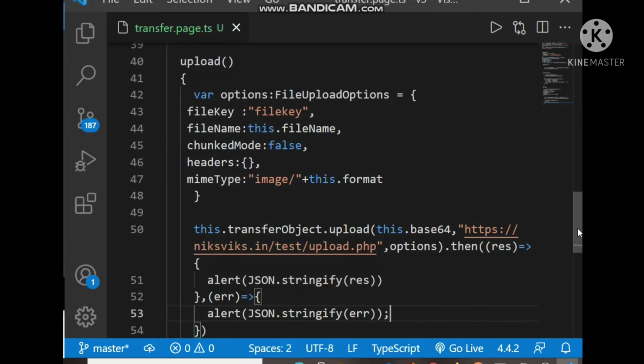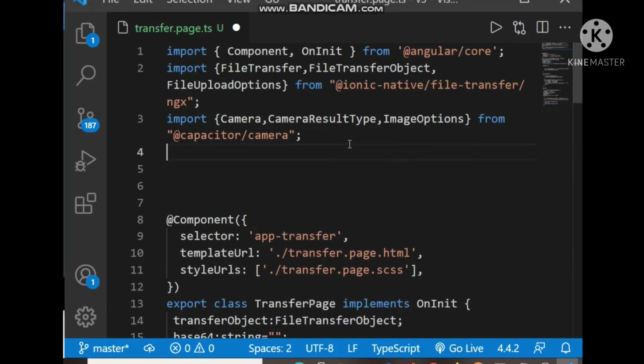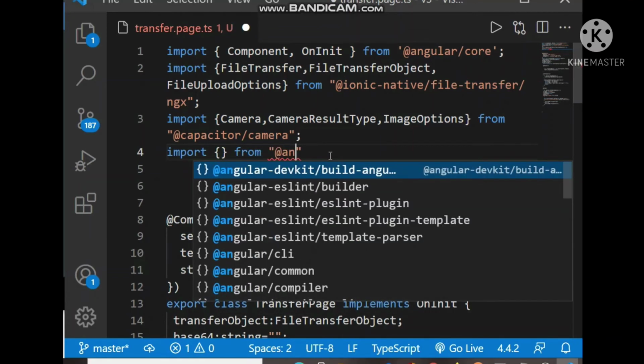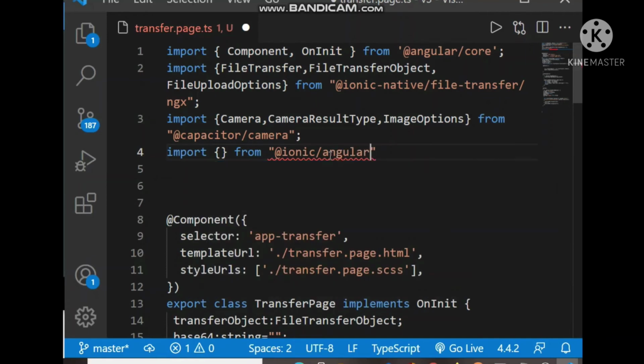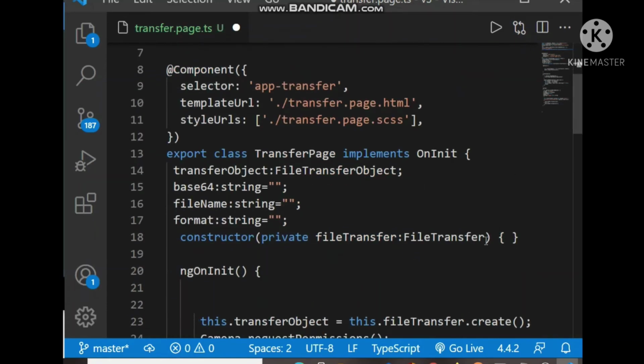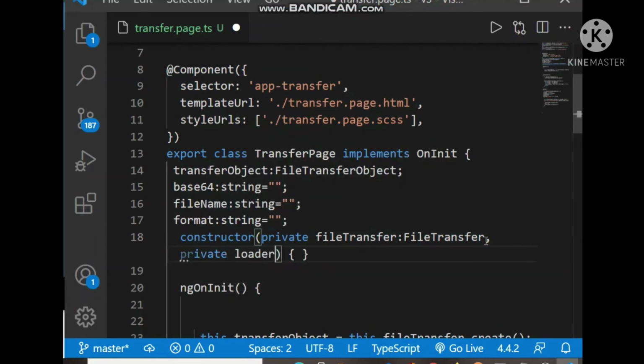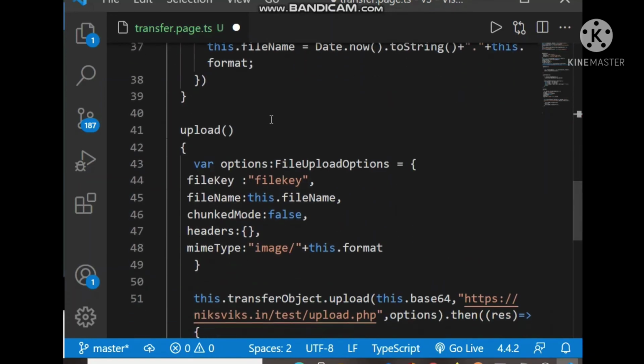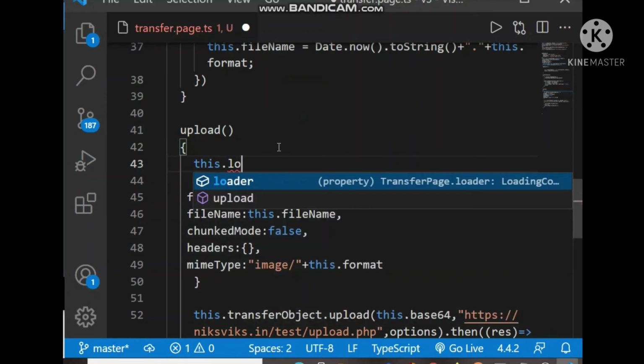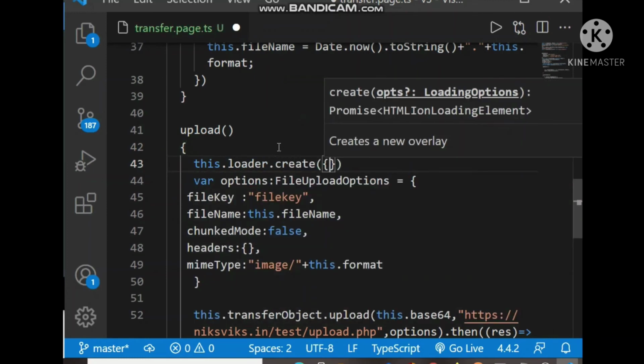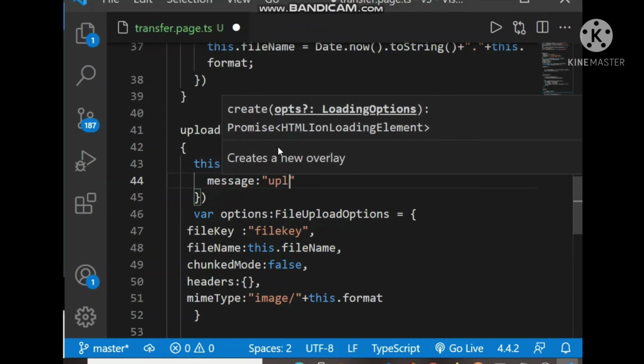Let's put a loading controller here, so it will show a loader while uploading. From Ionic Angular, this is the LoadingController, and we will put it inside the constructor as a private loadingController. So when the upload method executes, we create the loader here with the message Uploading.